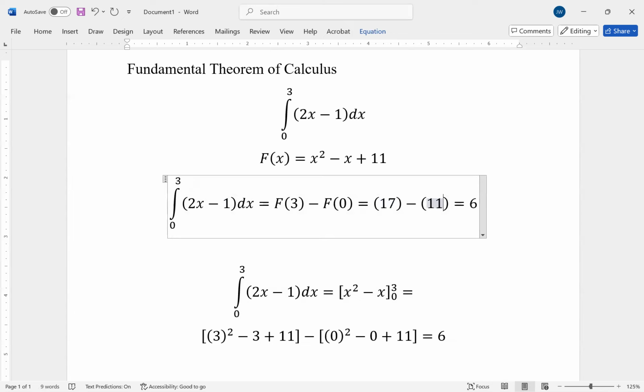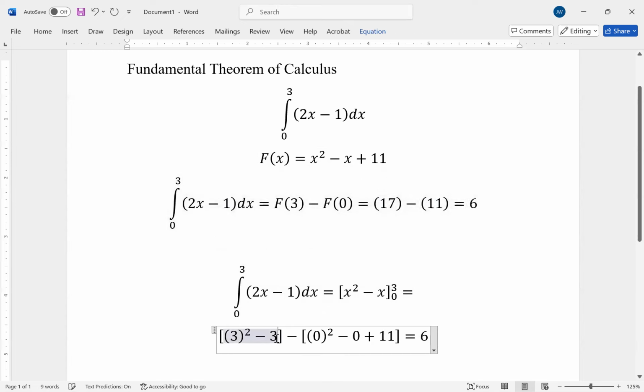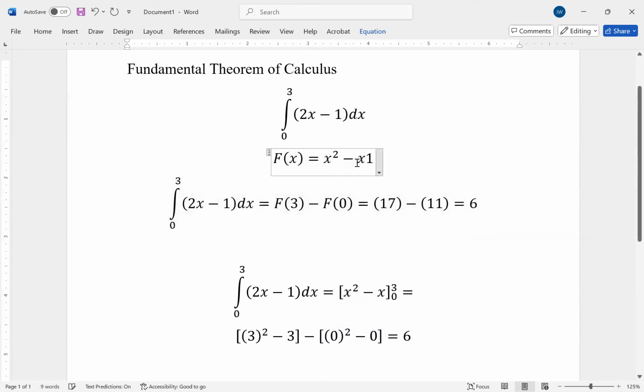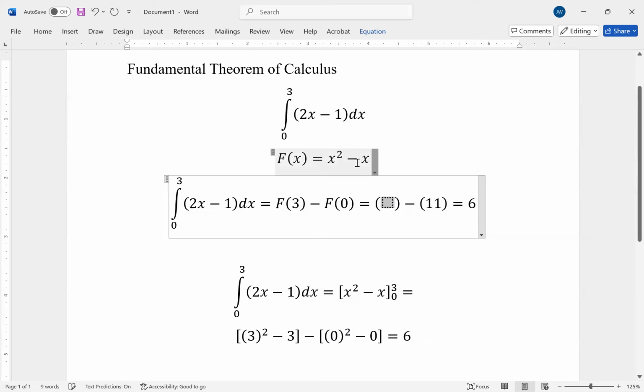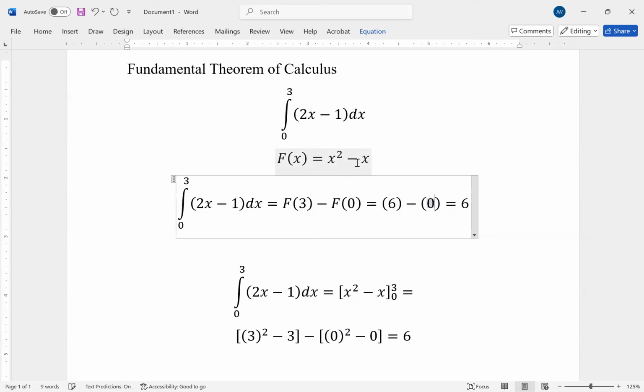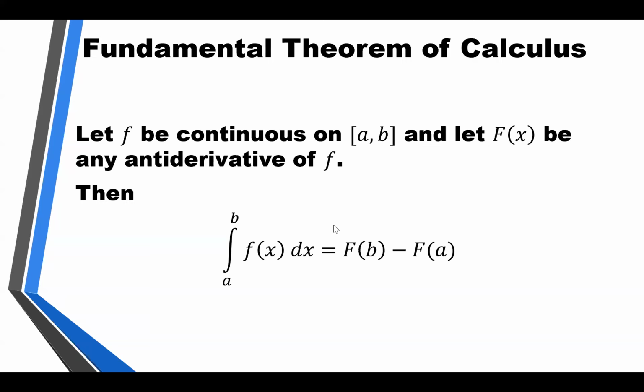And then I would have gotten 11, which is 6. So no matter what constant you add, it's going to cancel out with this subtraction here. And that's why oftentimes we will let our constant be 0 because that's the easiest one to deal with usually. So letting that constant be 0 for the antiderivative. So that's how we can use the fundamental theorem of calculus. And like I said, that's a really, really big deal,